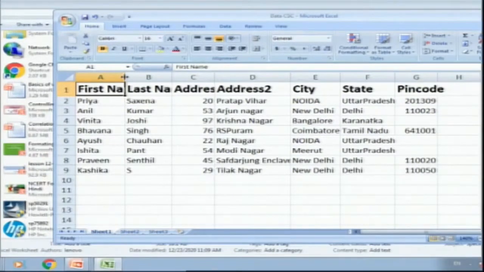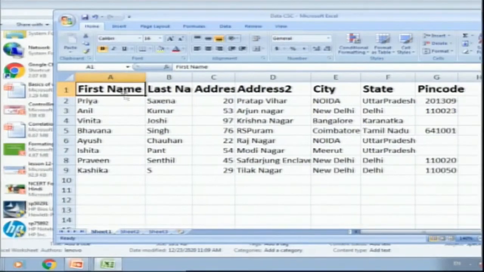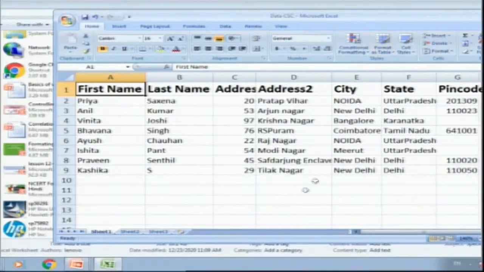If you double click here, you will be able to see the whole column information. The same way we can do it here. These are simple options when we want to auto-fit our content.